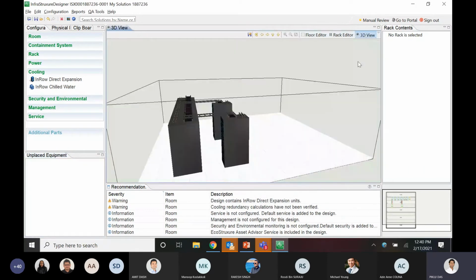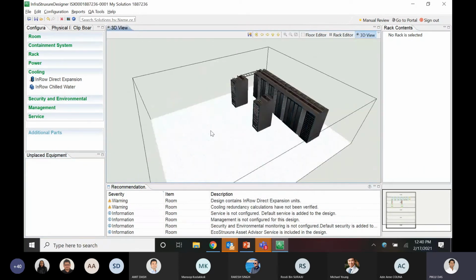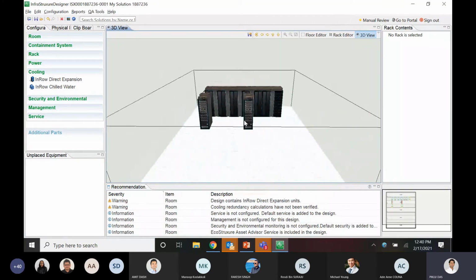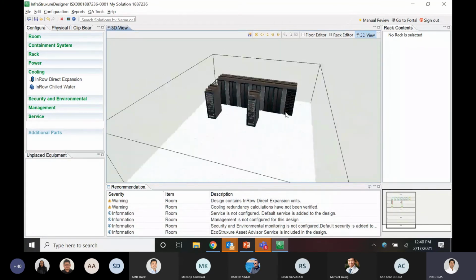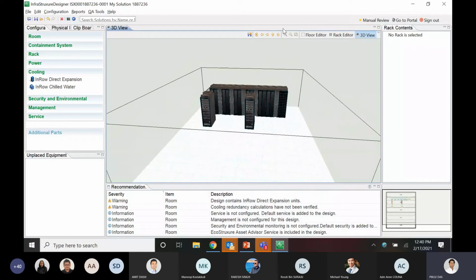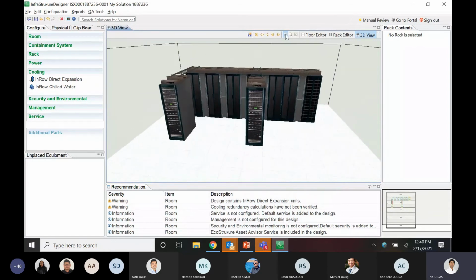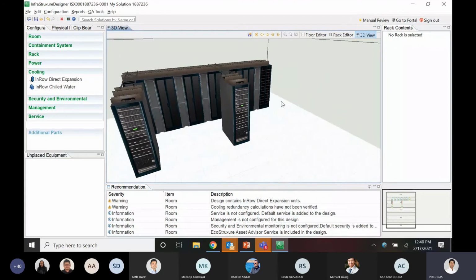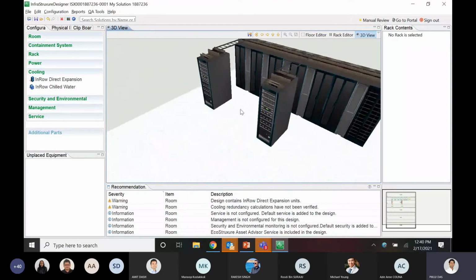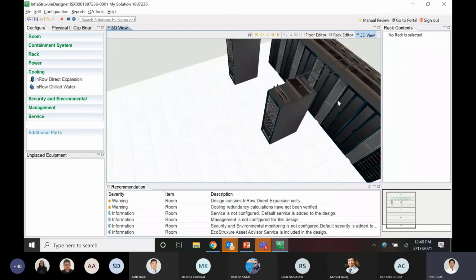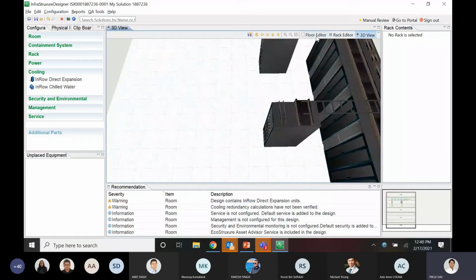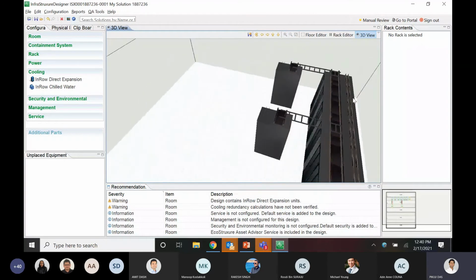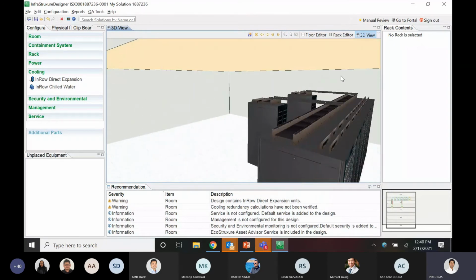So if I have to quickly show you the 3D view of the complete design that we have completed so far. So this is how the design is looking right now. You can see the indoor cooling units which are placed between the racks, and also the power Symmetra UPSs. You can see the data troughs on top of each of the rack cabinets, right? Each of the rack, cooling and power cabinets. So basically these are all aligned and as expected.